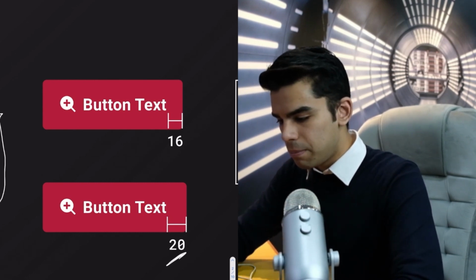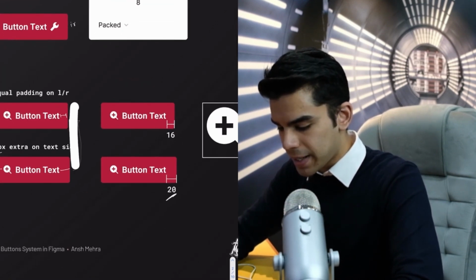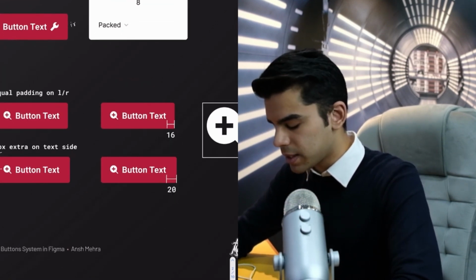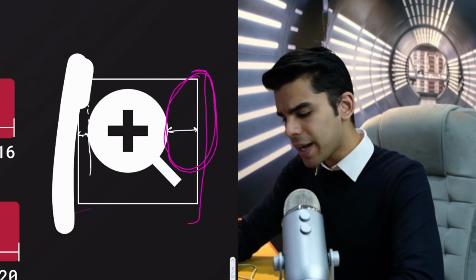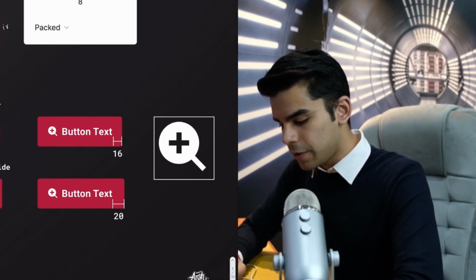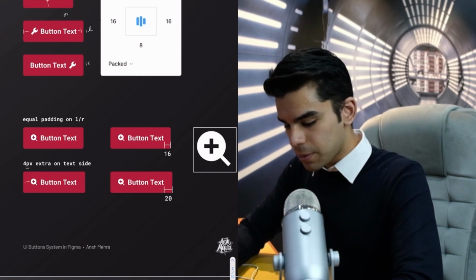Why does this happen? Because every icon, now this depends on the icon pack, but in this specific case, I'm using a pack called Boxicons, and all of these icons have some intrinsic padding. So even though the vector begins from a specific point, this is where the vector begins, the icon frame is larger than the vector itself. So this part of the icon, which is basically alpha, there's nothing available there. This part actually confuses you. And when you see your items on the develop side, you're confused as to why these things are not equal. This is the exact reason. So if you don't choose your icon packs well, this is a problem that you would encounter.